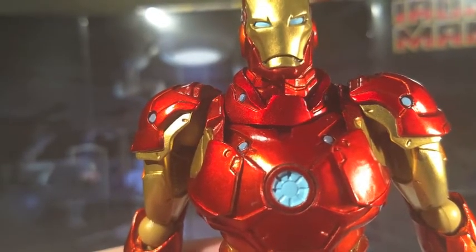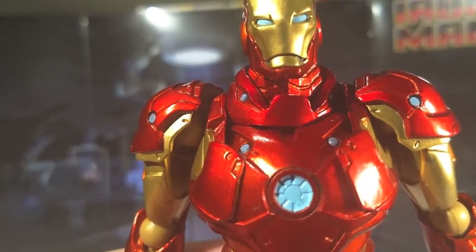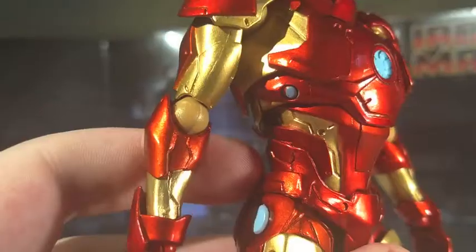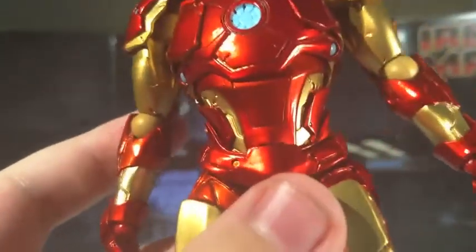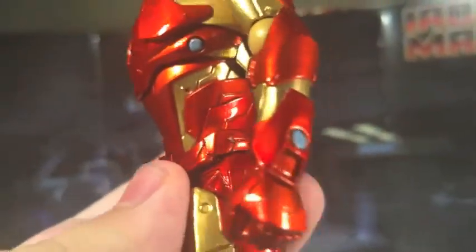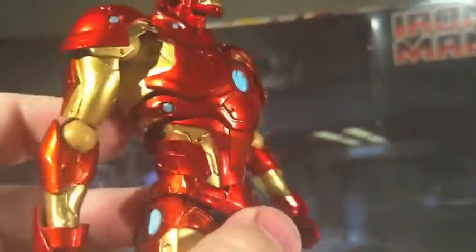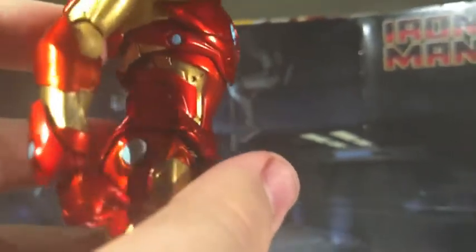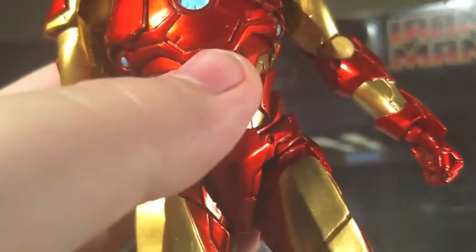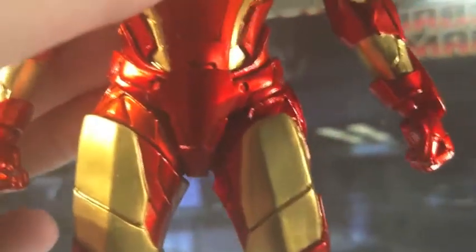I get it, especially since the line seems to be going for more exaggerated comic-y looks. I get why there are some bits of simplification. All of the bits of armor have an amazing amount of detail that when you look up close you can just see it, but it doesn't really detract from the overall look of the suit, you know? It's insane, you know? Looking at the crotch,